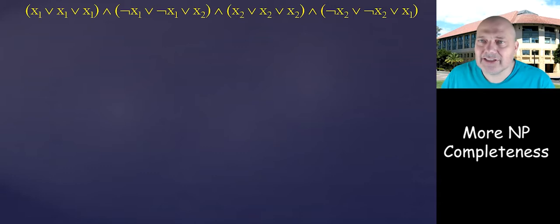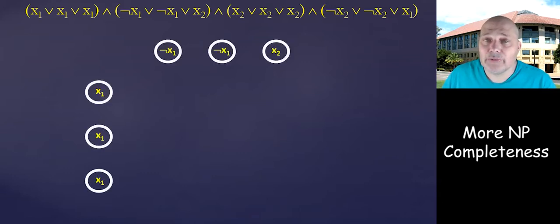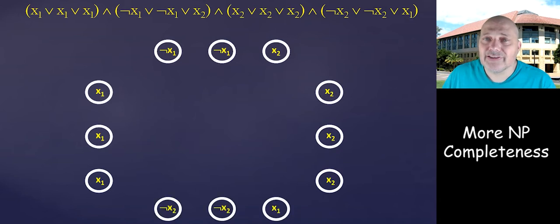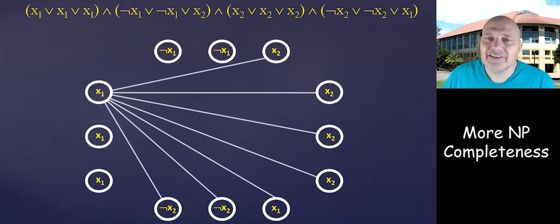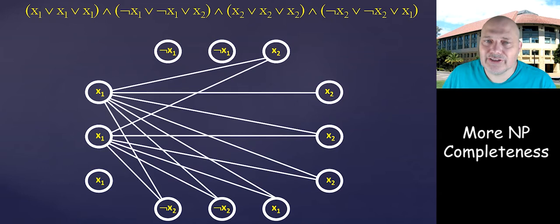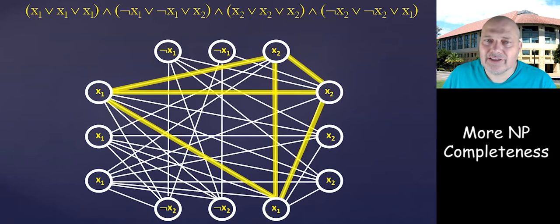This is just an example with a larger formula, and now we will have 4 groups. We'll label them, and we'll put all the edges that are consistent. And still, this can be satisfied by setting x1 to be true and x2 to be true. It will satisfy all of that, and this gives us this clique.